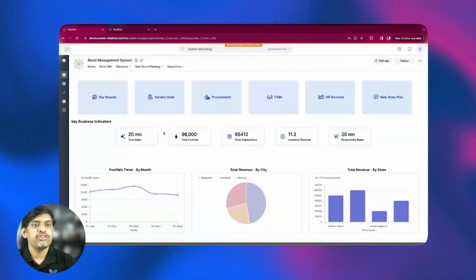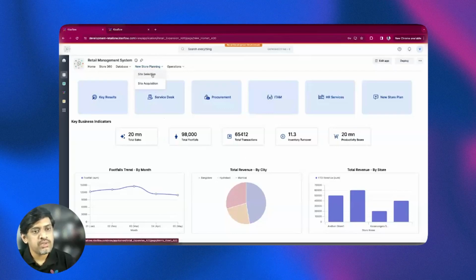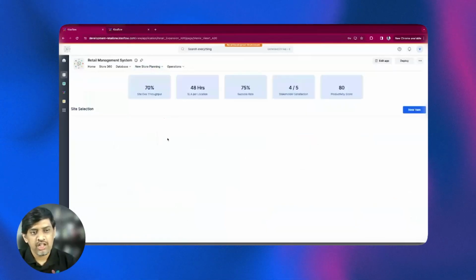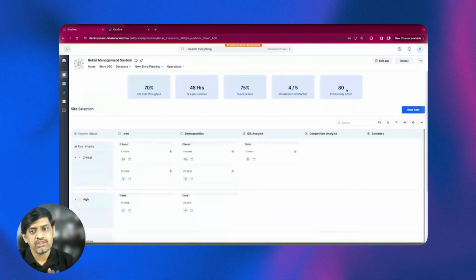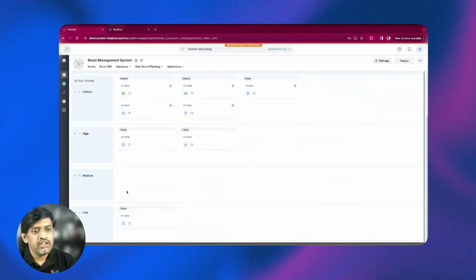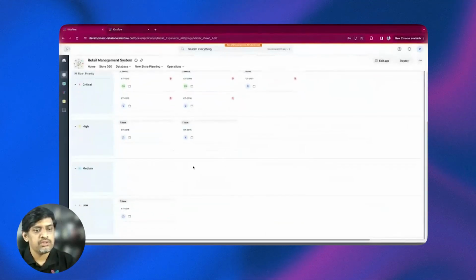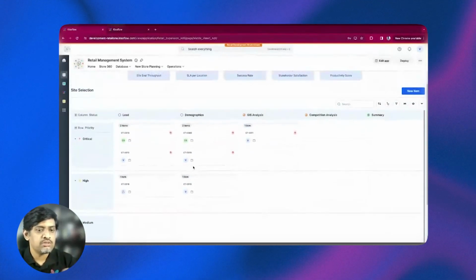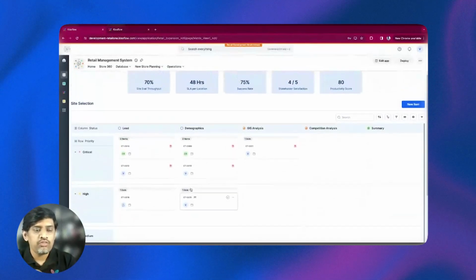Now, from the perspective of the use case, let's go ahead and look at how a cluster head would be able to see the site selection as well as the site acquisition parts of the site expansion process. Now, the first section is the site selection process. As a cluster head, you'd be able to see the metrics across your entire team. You'd also be able to see all of the requests that are there today in the queue that are pending for approvals, etc. And this would be across multiple different assignments that are happening and so on and so forth. So all of this is available to you, and this is just a drag and drop widget within our page builder that makes it easy for you to configure,